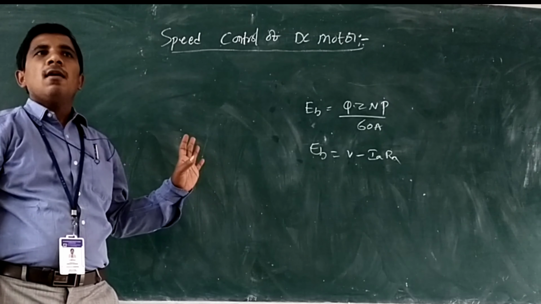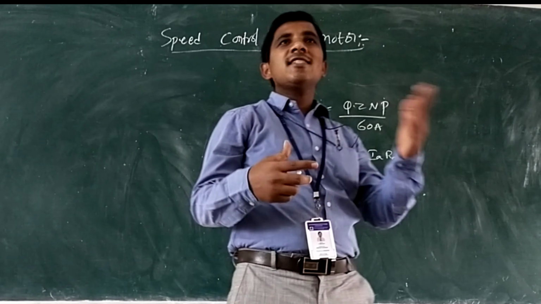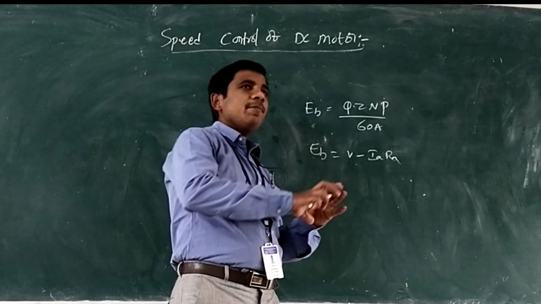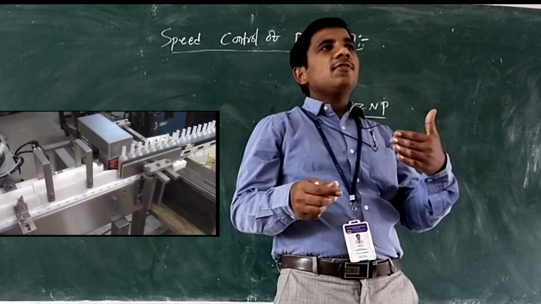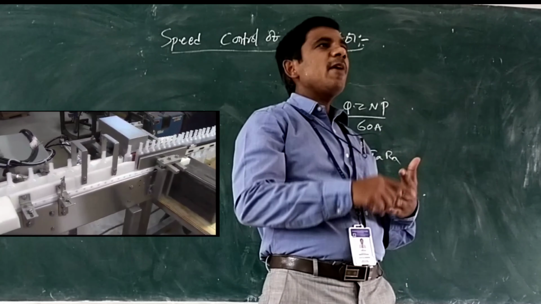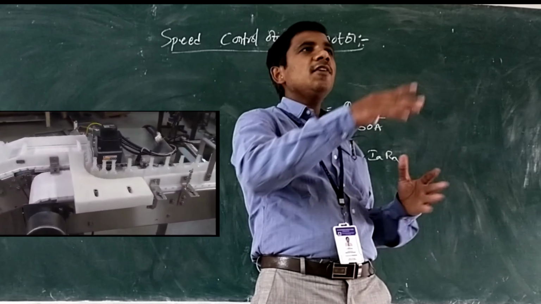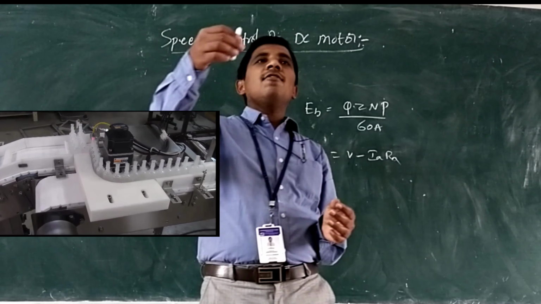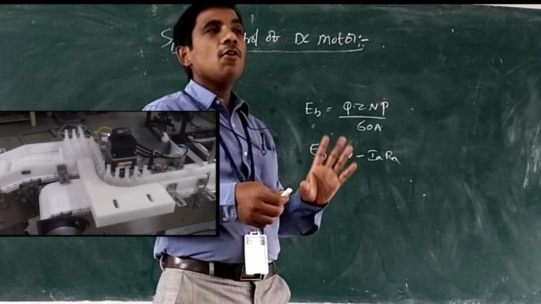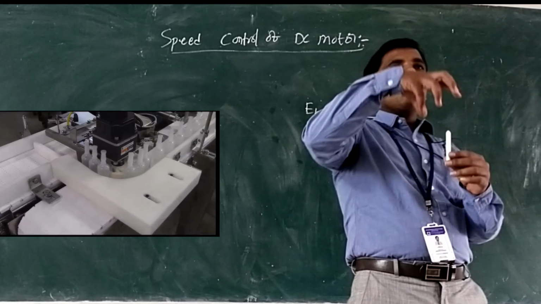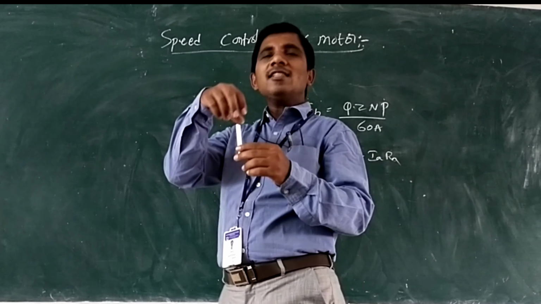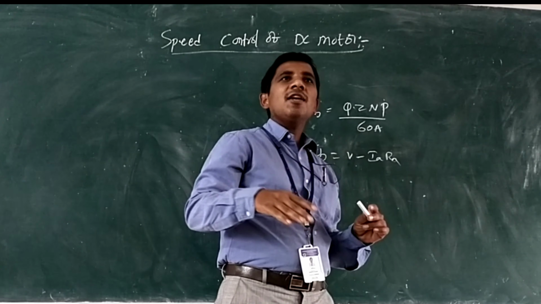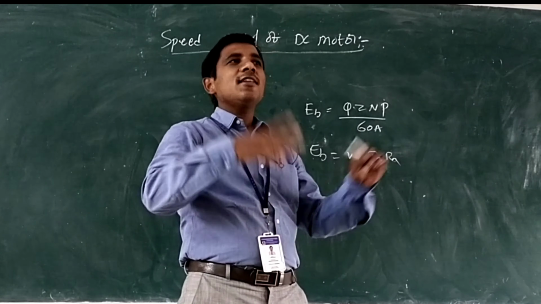Let us discuss why speed is controlled in various applications. In industries, speed control is required. Suppose in manufacturing industries, chocolates or any material manufactured is transported using belt conveyors. If the belt conveyor is moving at 60 kilometers per hour, all the items will fall down. If you go for cool drinks, after filling the bottles, all the bottles are kept on a belt conveyor. If the belt conveyor moves at 70 kilometers per hour, all the bottles will fall down.